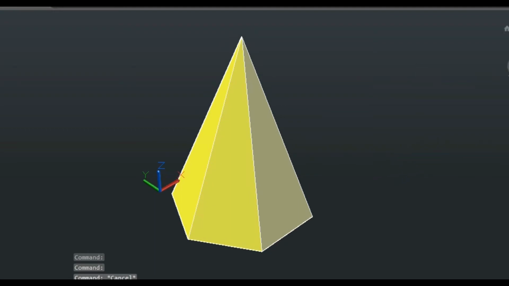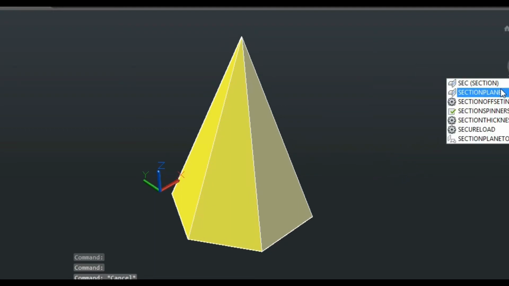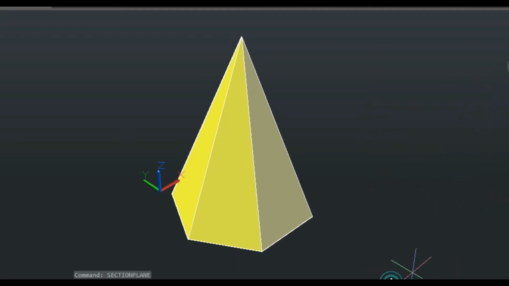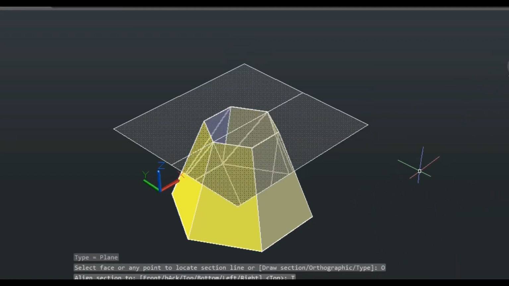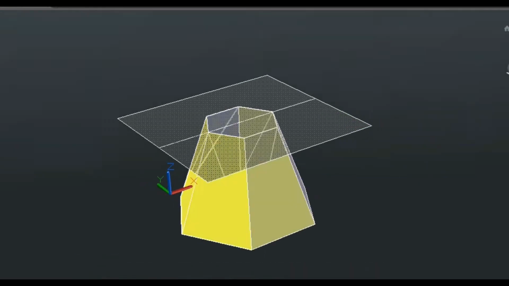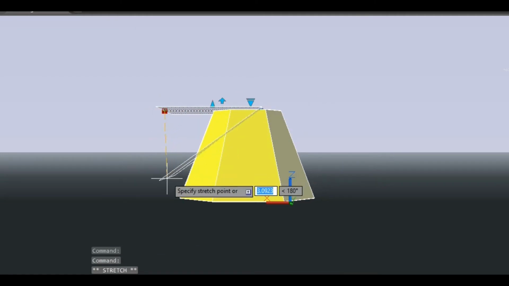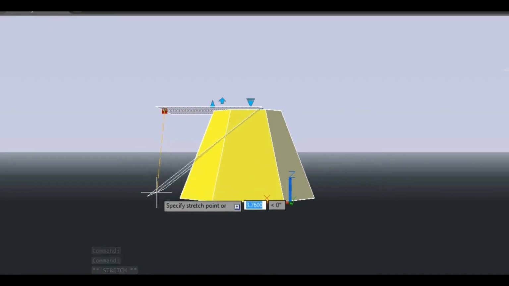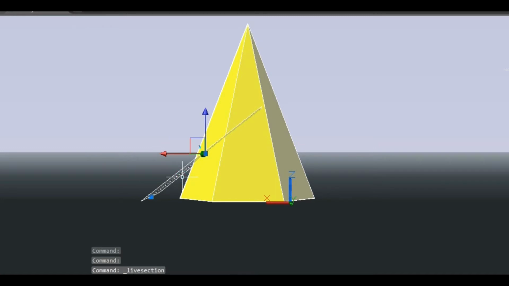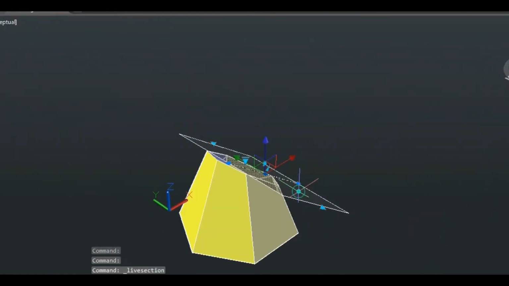So what we have to do is, here we have to develop the surface, but here a section plane is given. So first we need to take the section plane which is inclined to HP. Now in this case on your screen it is parallel to HP. So I'll make it somewhat inclined with respect to HP, and I'll make sure that it is passing through the center. I'll adjust it in such a way that it should pass through the center. Okay, so let us say this is the final position of our section plane, and when you view from different